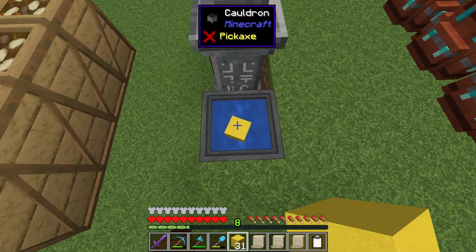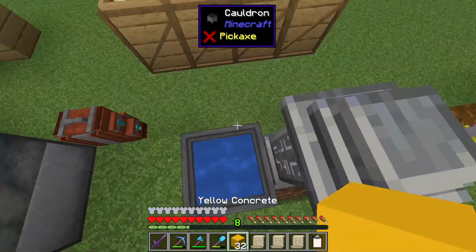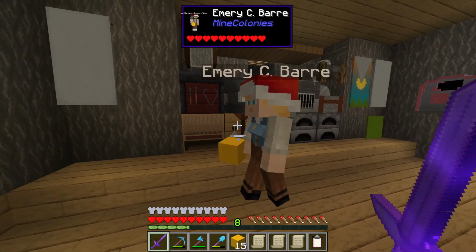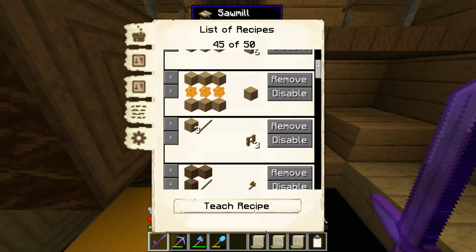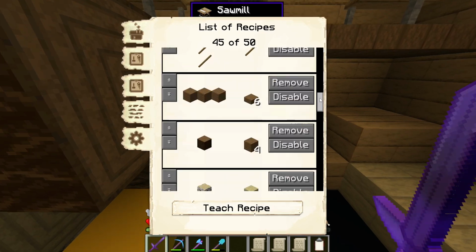I'm not sure if I have the data pack installed that allows me to quickly solidify concrete from a cauldron. Yes, I do. So there you are then, Emery. You take those in, and do not screw up my Fletcher and Sawmill builds here. Those have too many recipes within them now. In fact, just in case she does, I'm just going to use this as a visual recording of what I